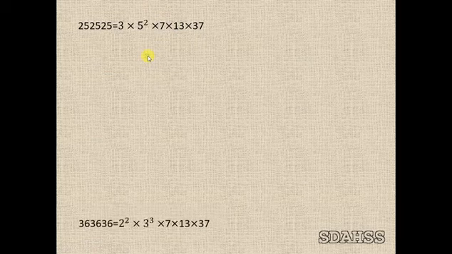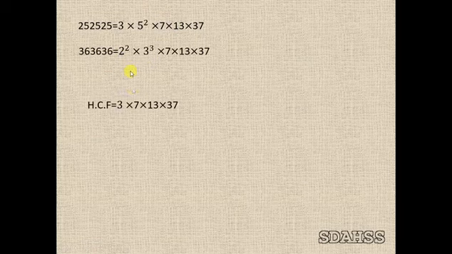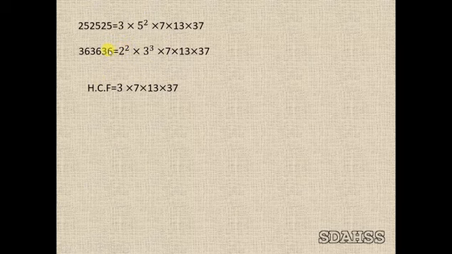Now you compare the common factor. Here we want to find the HCF, so compare the common factor. 3 is the common factor here. Then you have to write the least power. The least power is 1, so 3 into, then 7 is also the common factor, 7 into 13 is also